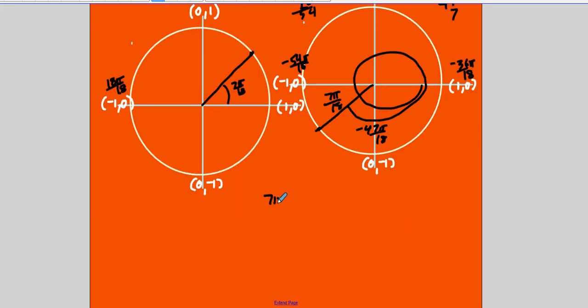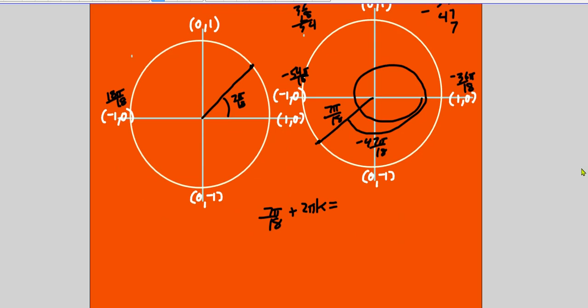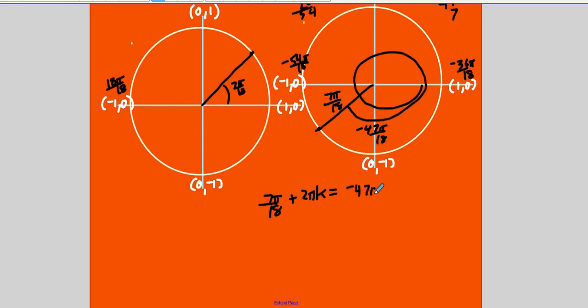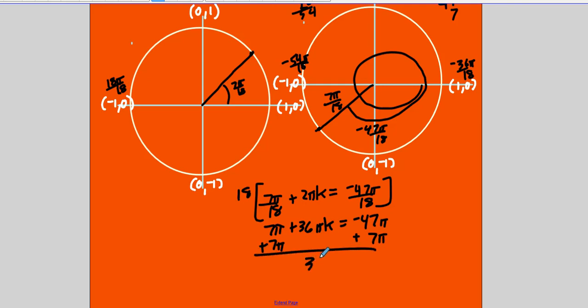So I'll take 7 pi over 18 plus 2 pi times k equals negative 47 pi over 18. If they were coterminal, k would be a positive or negative integer. Well, let's multiply through by 18 to clear the fractions. So that's going to be 7 pi plus 36 pi k equals negative 47 pi. Subtract 7 pi from both sides. So you get 36 pi k